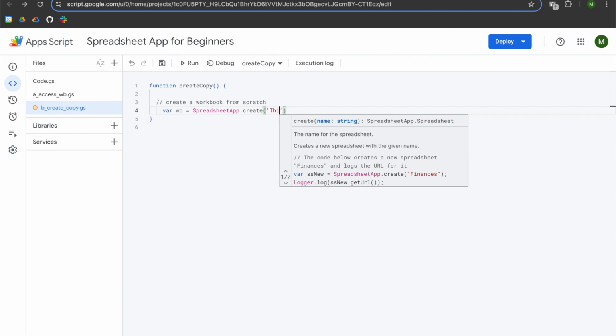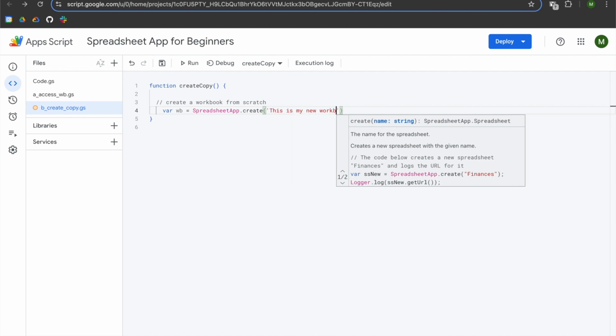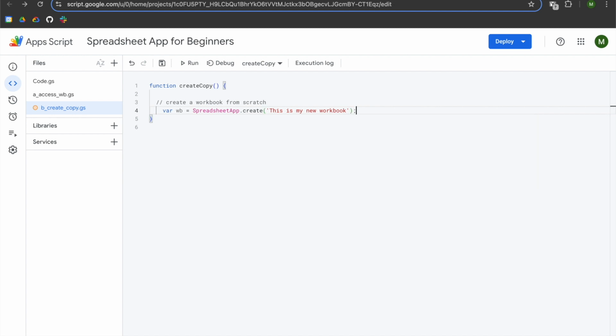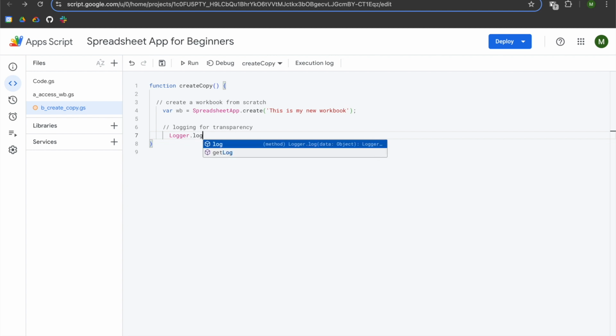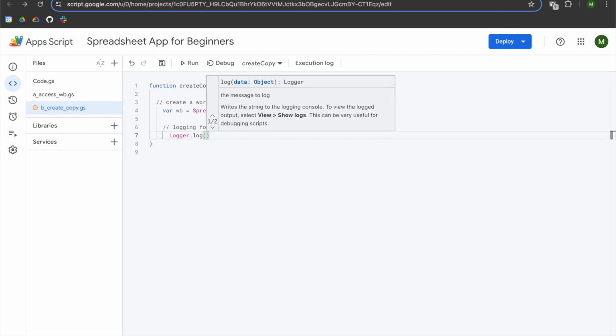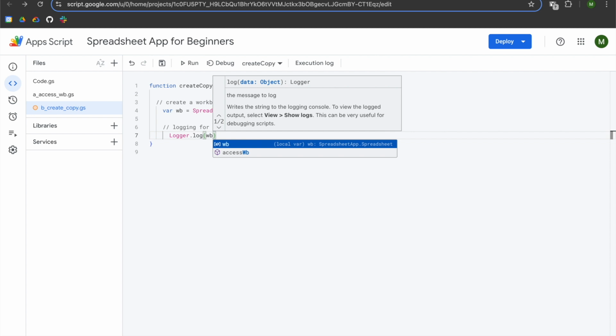So I'm going to use single quotes and then say, this is my new workbook. I'm going to hit the right arrow on my keyboard twice. I'm going to add a semicolon, enter 2 times, 2 slashes for a comment, and then we'll say logging for transparency. Hit enter and tab, and then we'll say logger.log with an open parentheses, and then we will pass our